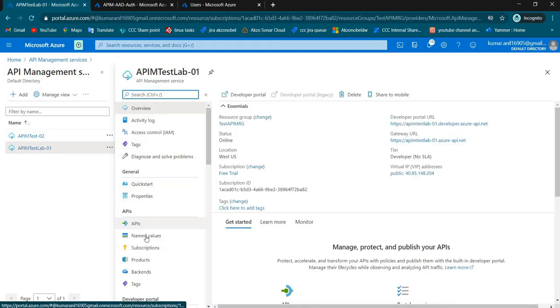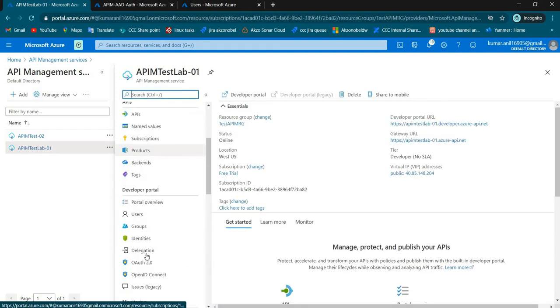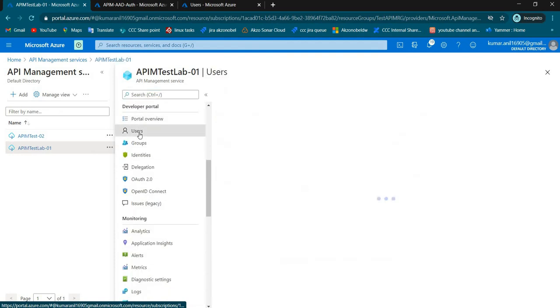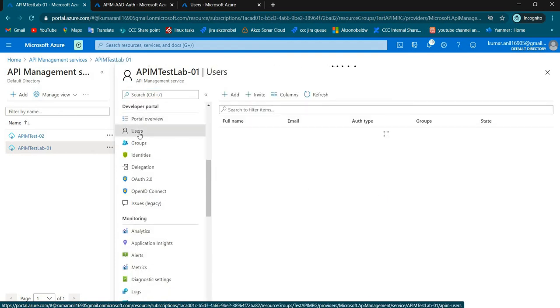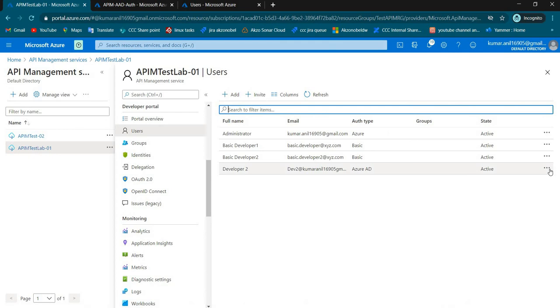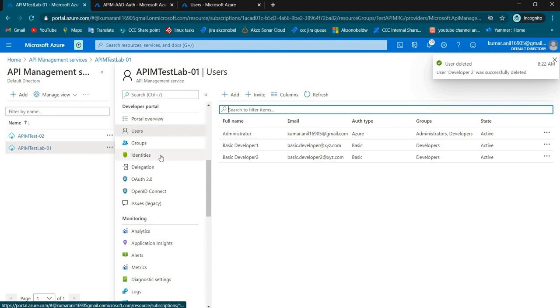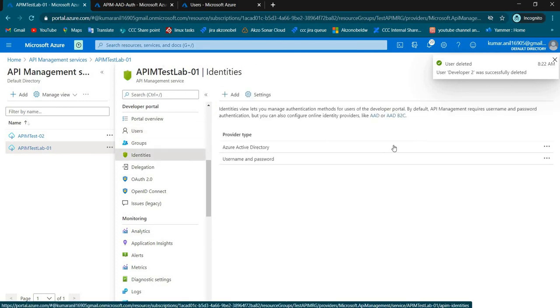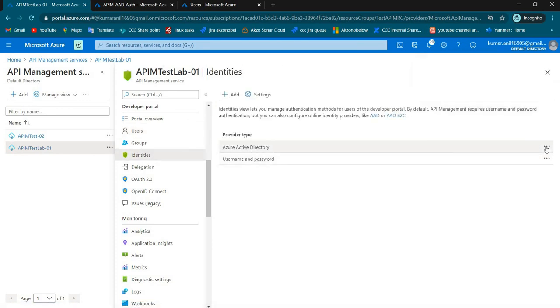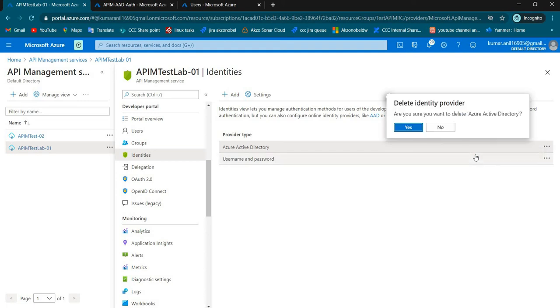Let me go to the users first. Remove this user. Then go to identities. Remove this. Do not remove this one, because at least one identity type should be there. Otherwise, the user will not be able to reach the developer portal.